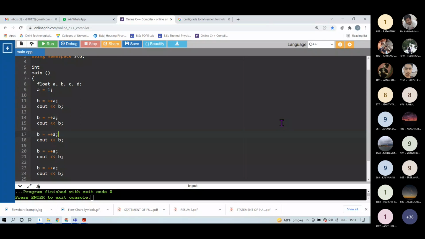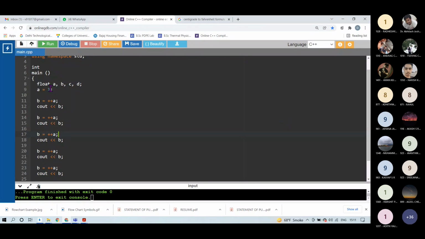It will start from 2 and it will print up to 6.